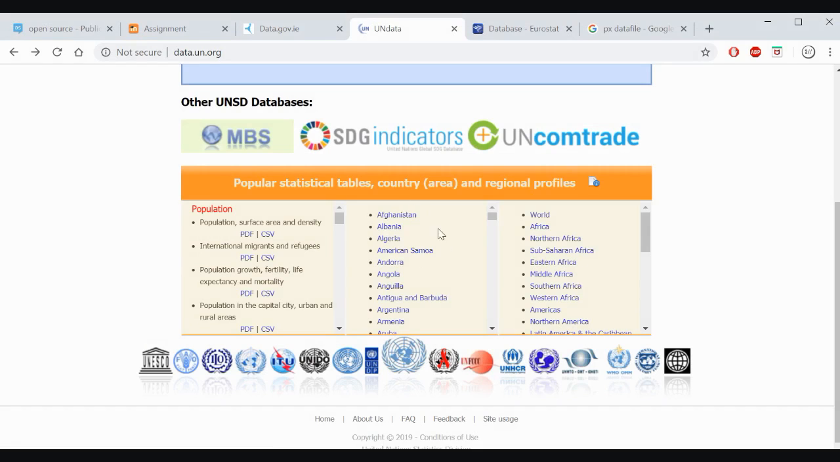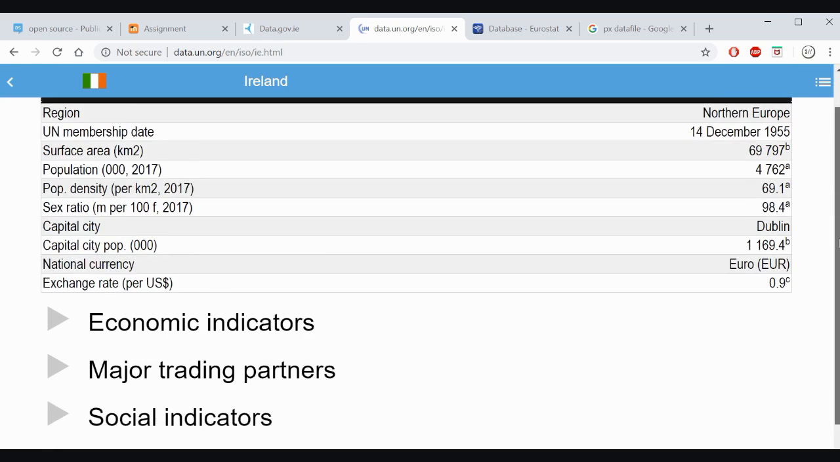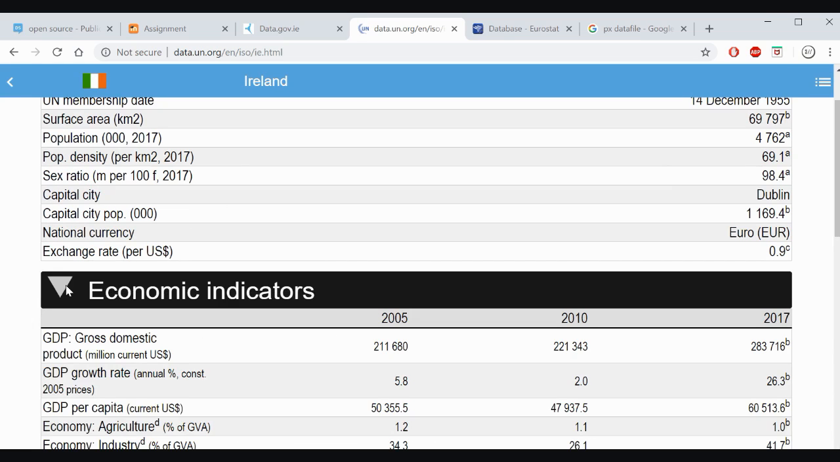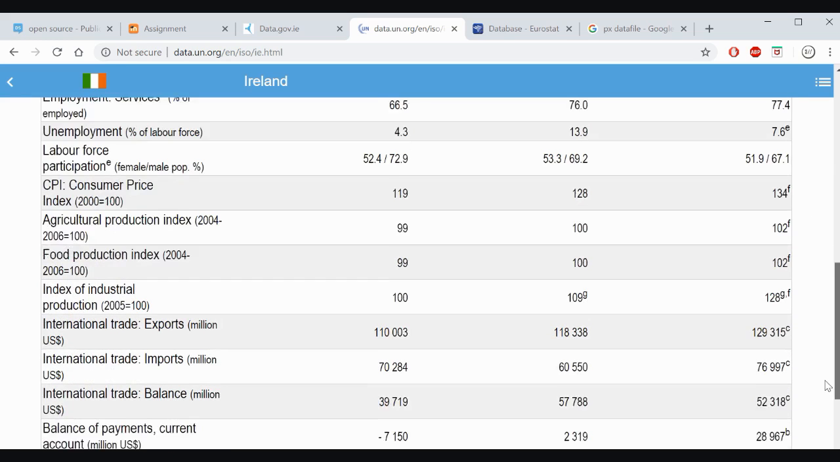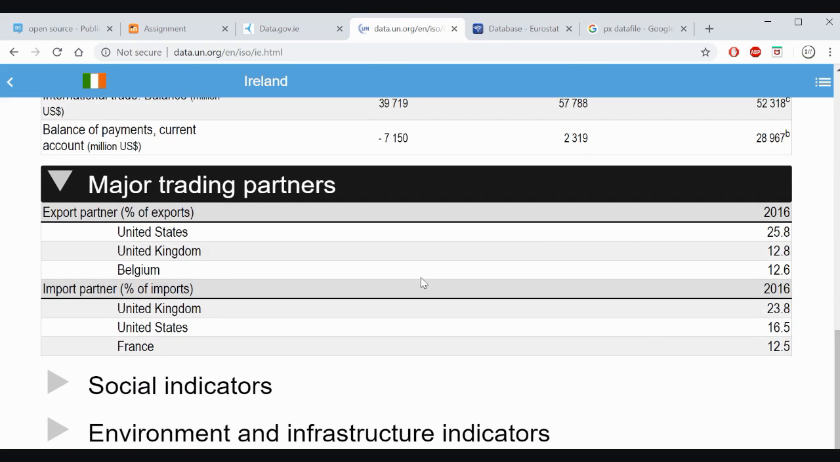The tables here provide information on the specific country. If we click into Ireland, it gives us various information in terms of general information, major economic indicators, and major trading partners. We can see here that the United Kingdom, based on 2016, is our second major export partner, and our first major import partner is the United Kingdom. We're seeing Brexit coming around the corner, so we can see why people are really concerned about that. If we click back here again,